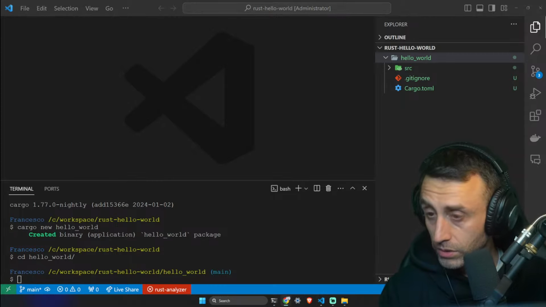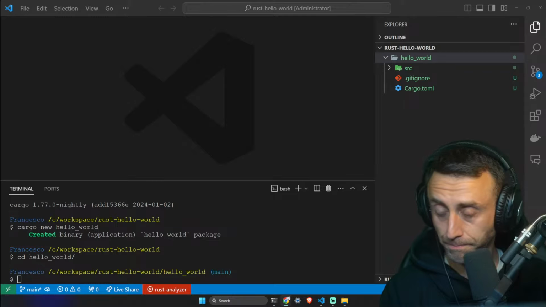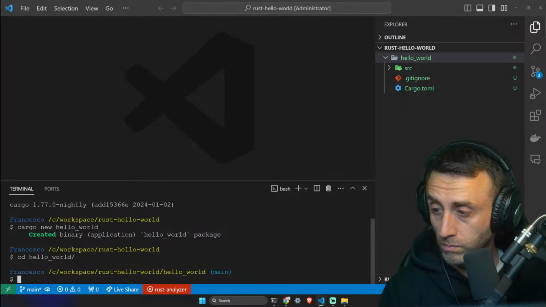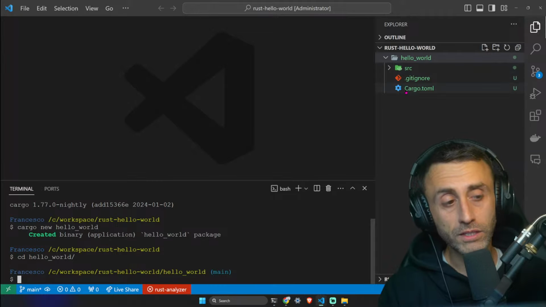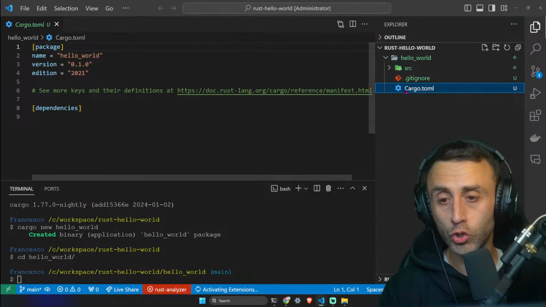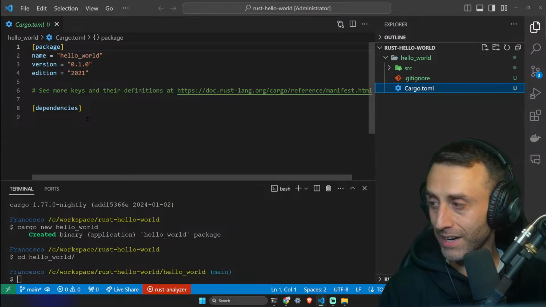Yes, cargo comes with the Rust installation. Absolutely, yes. Now let's check these files. We have some files here. First of all, we have this Cargo.toml file. TOML stands for Tom's